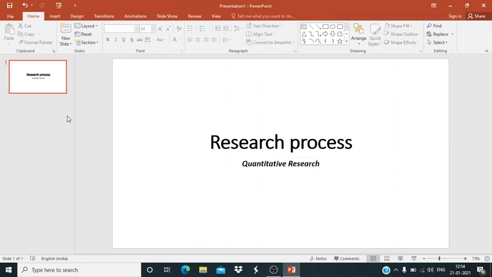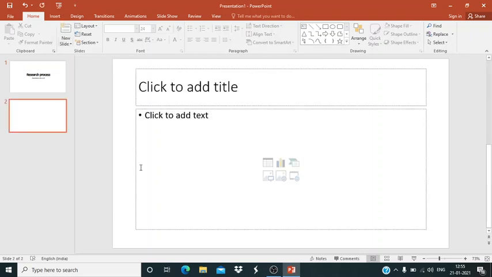Now if I want to create a new slide, the option is very easy. You find here there is a new slide, just click new slide and you find that the next slide is ready to use. Again, if I want to create a new slide, just give a click and it will come.